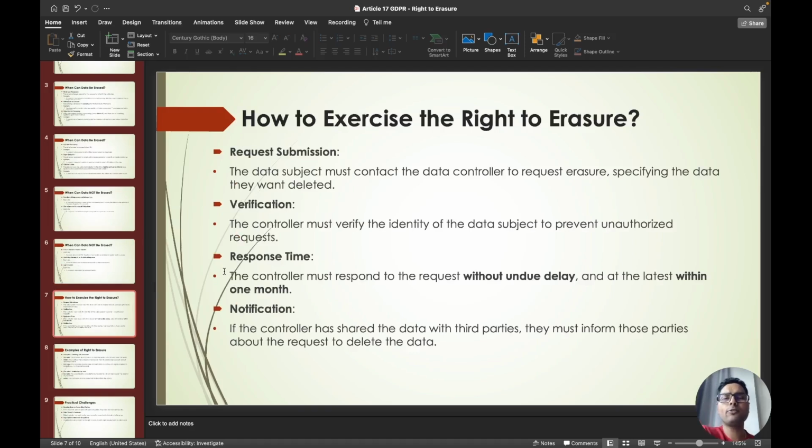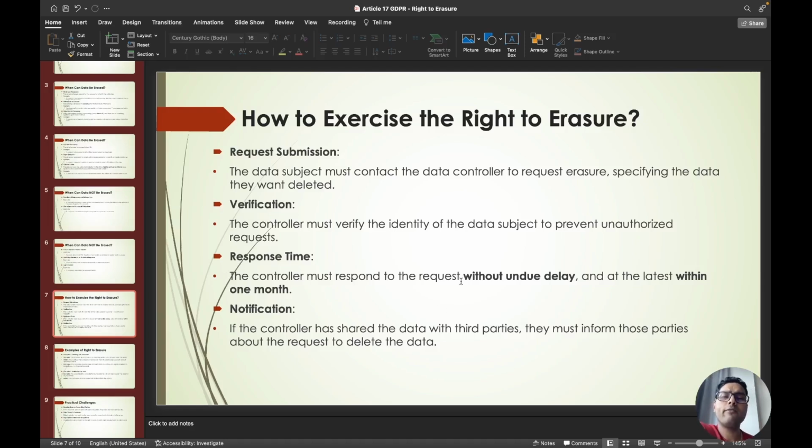How to exercise the right to erasure? It's a simple procedure. The data subject submits a request. The submission should be in writing for evidence or accountability purposes. The data controller verifies their identity, whether they are the authorized person or the original data subject, and